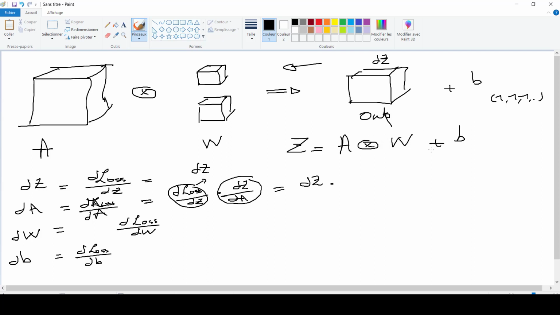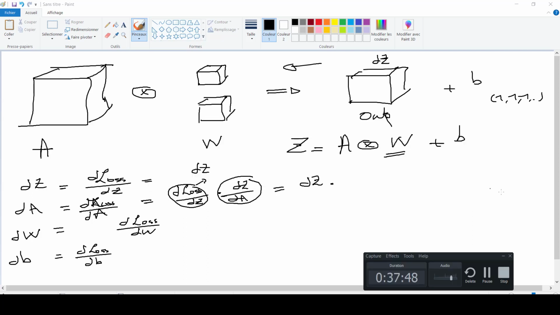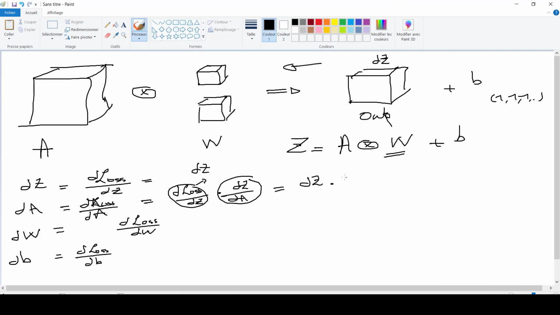As you know, the derivative of this with respect to A is going to be W. But here I have a convolution. It's not just a simple multiplication, so I have to get this with the convolution. Here we have dz, and I'm going to do the same thing here.